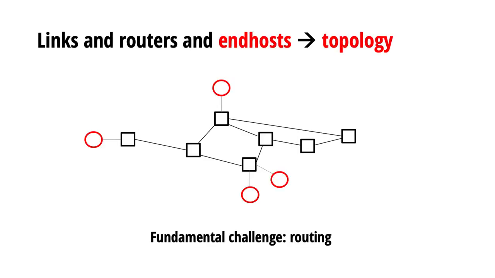Going on with our topology. So we had links and routers. Ultimately, we said the reason we have all of this is to connect end hosts. End hosts are where we run applications. End hosts want to communicate with each other. We went from there to saying that a fundamental challenge in networking is this question of how we do